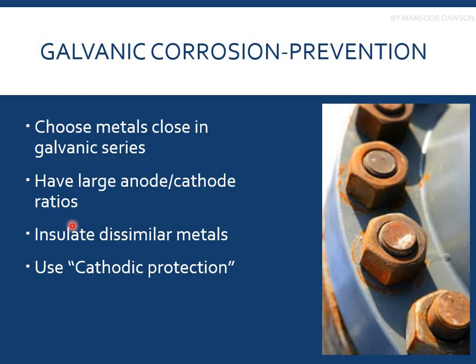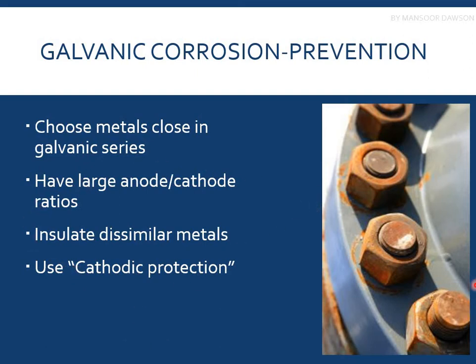And you know that organic compounds are non-polar, and polar and non-polar compounds do not react, so it would resist the electrolytic reactions in the galvanic corrosion. Or you can use cathodic protection, in which you may use a sacrificial anode, or you may use the impressed current technique, in which you